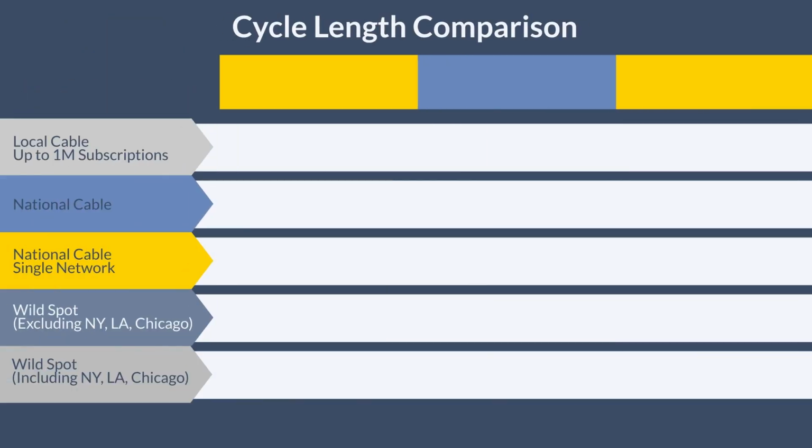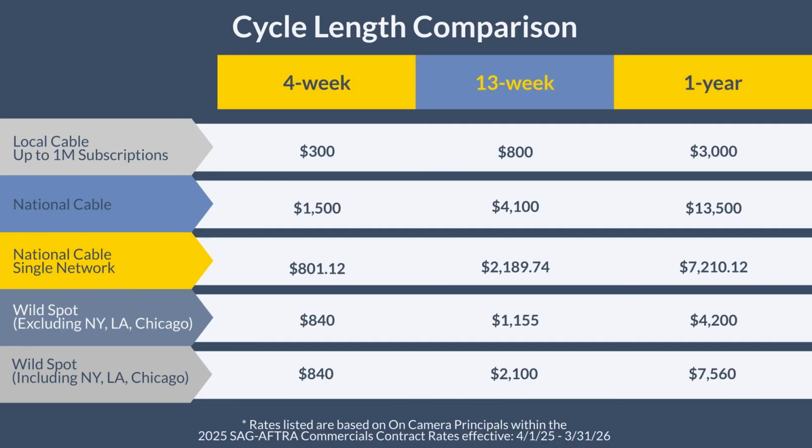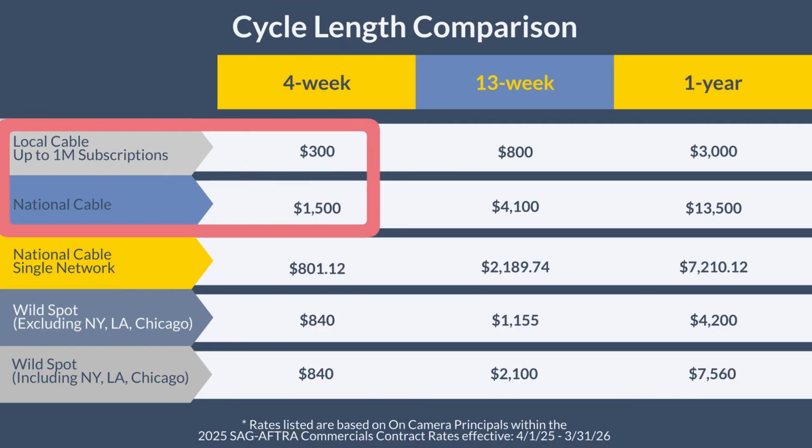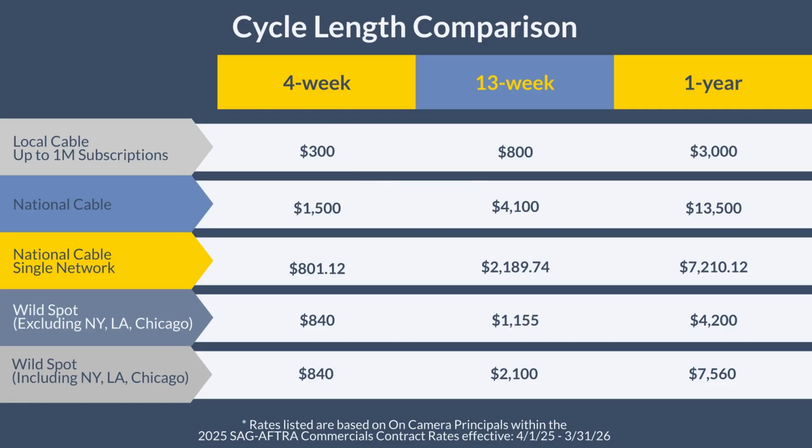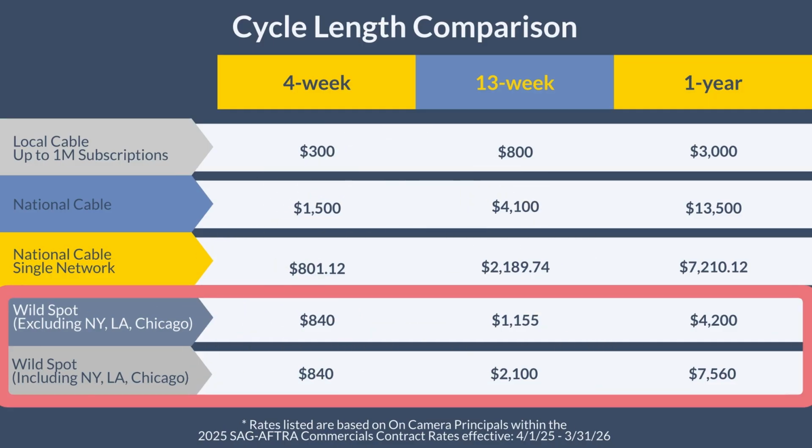For example, an advertiser can upgrade from a 4-week cycle of Tier 1 local cable to a 4-week cycle of national cable during the cycle by paying the difference of $1,200. Or if an advertiser purchases a wild spot use cycle that excludes New York, LA, and Chicago, and wants to upgrade during the cycle to include New York, LA, and Chicago, they can upgrade to the All Markets use category